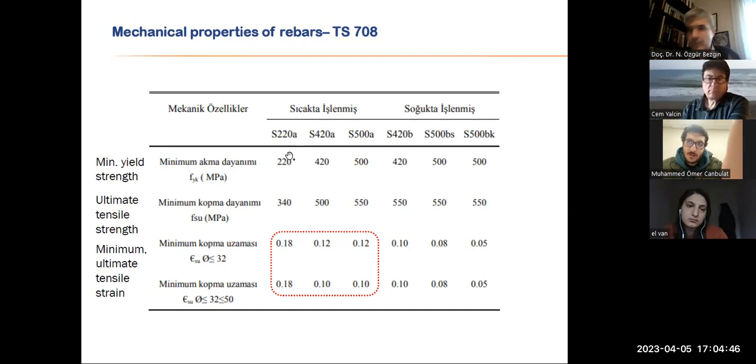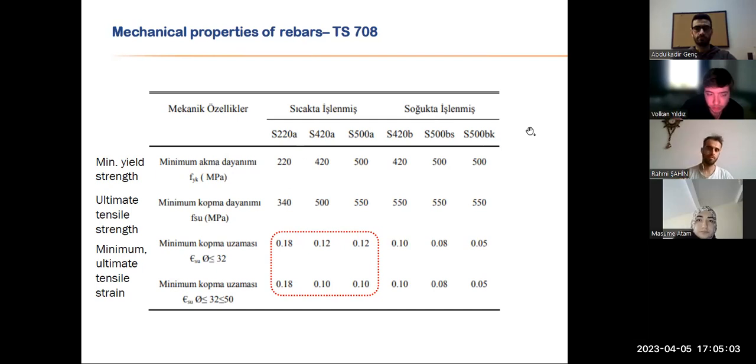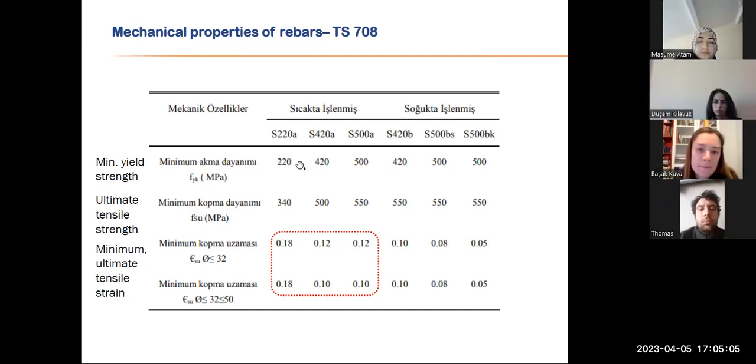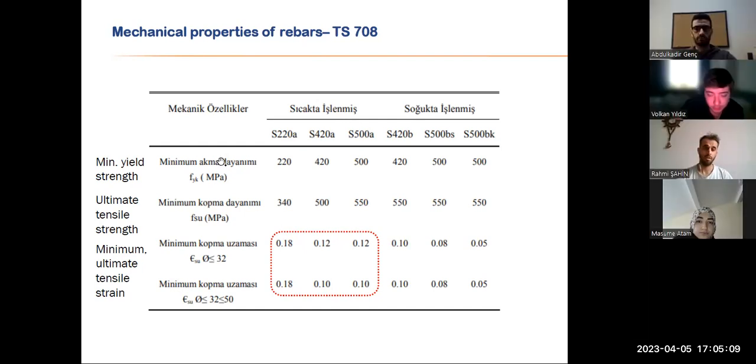We don't want the material to yield. We take the yield strength and multiply it by some constant lower than 1, and that becomes our design value. Am I correct? Does everybody agree in the audience, please? I agree too. Okay. So this is what we are after, the minimum yield stress value.